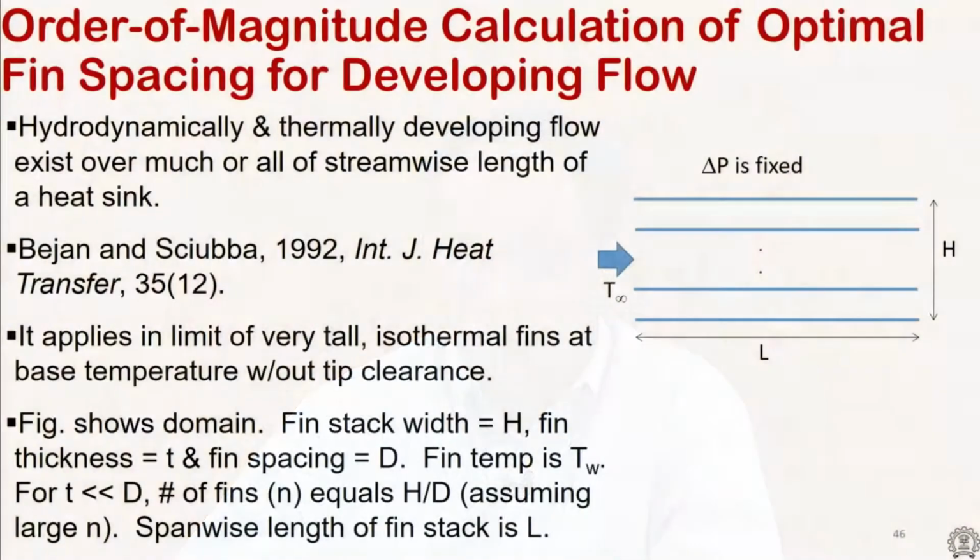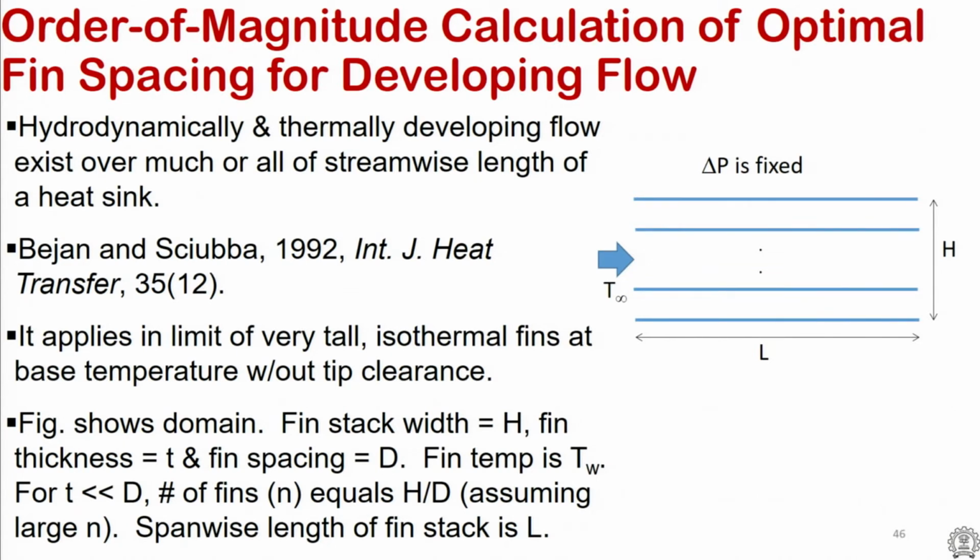is quite good. And so if the thickness of the fin is much smaller than the spacing between the fins, which is often the case in electronics these days with those zipper fins, the thickness of the fins being close to 0.2 millimeters, and the spacing between the fins being on the order of 2 millimeters or even higher in some cases, then we can say that the number of fins, without accounting for the thickness of the fin, is equal to H divided by D, and the length, as we talked about, is the flow length